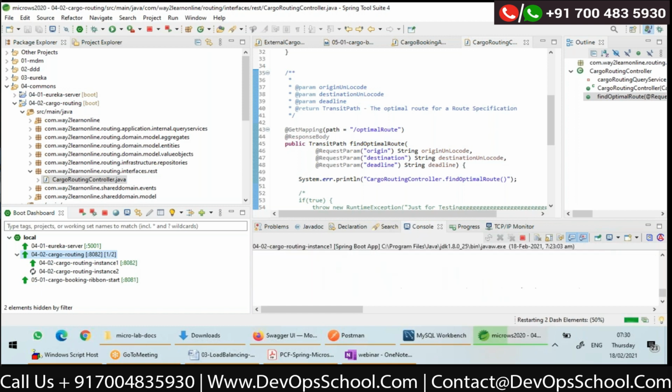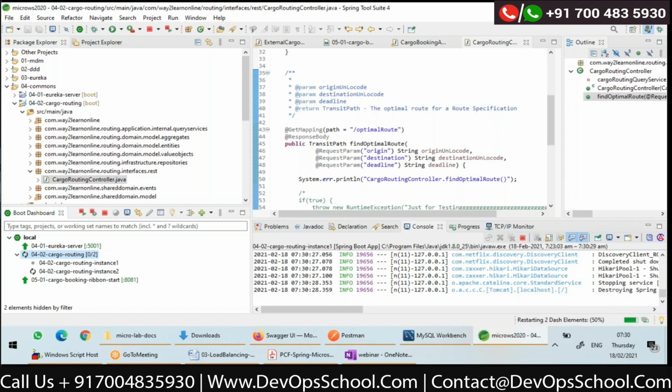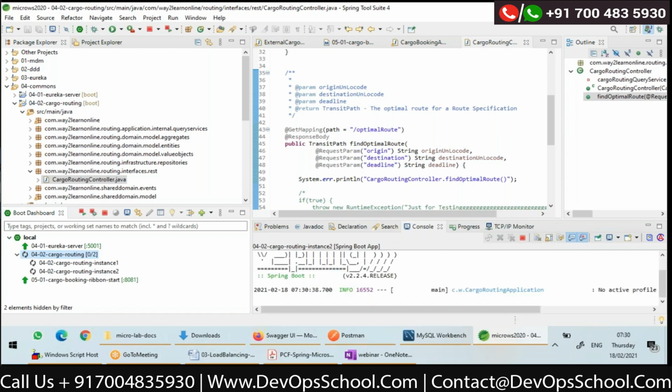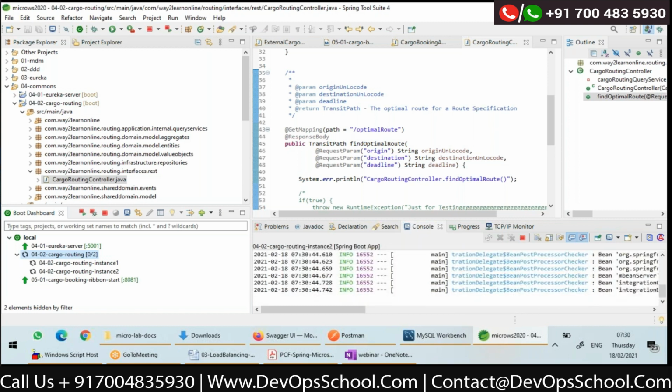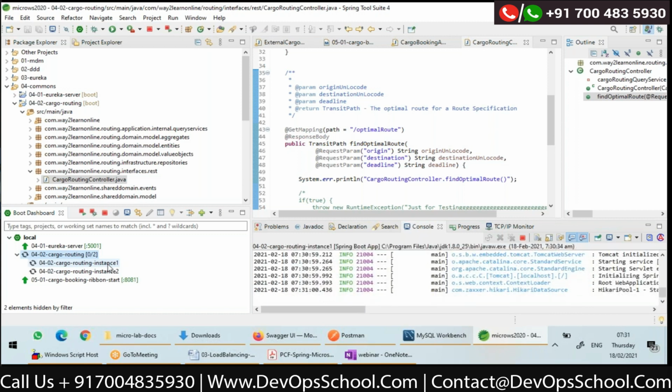I should have actually added Spring DevTools. If I had added Spring DevTools to this project, once I change my code, they would automatically restart. Right now I didn't add them to show you clearly, because sometimes if I modify it and it automatically restarts, I will not be able to show everything. So if I just add Spring Boot DevTools to pom.xml, whenever I change my code, the instance will automatically restart.